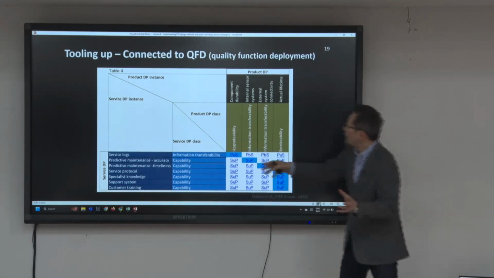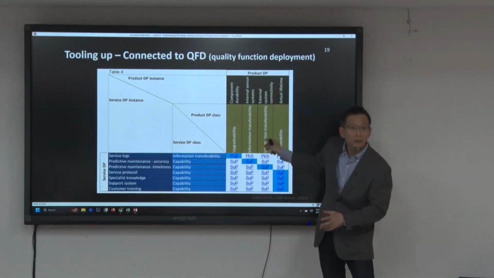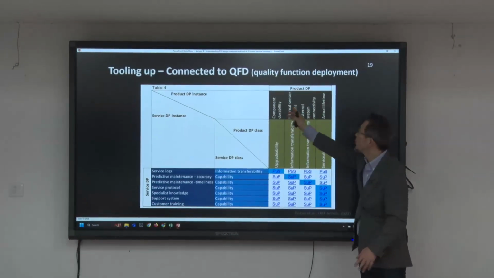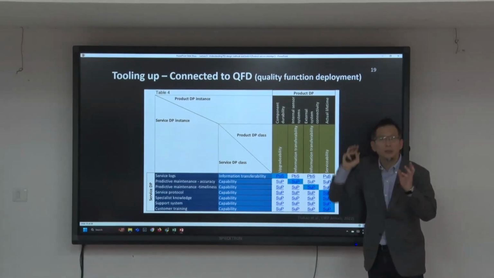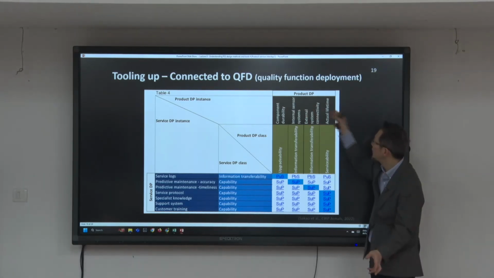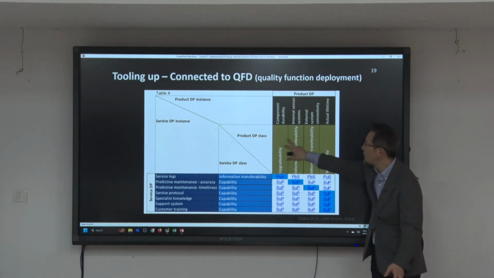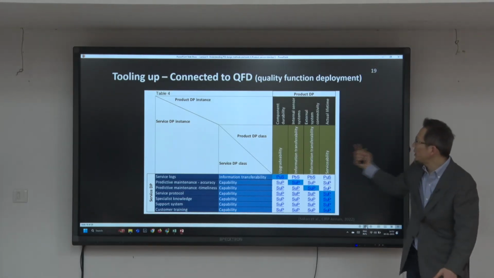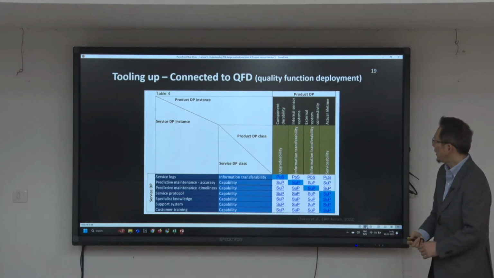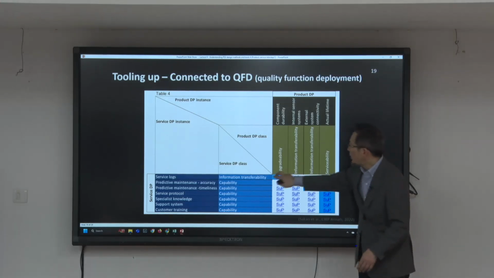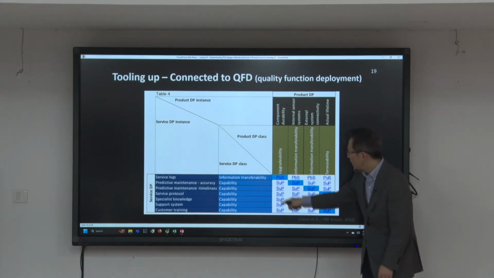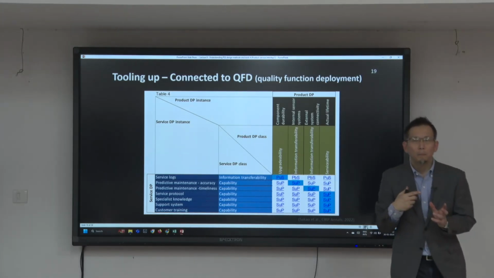The same task applies to the product. You describe the product design parameter instances, the specific concrete design parameters of the product in your PSS, and then choose the design parameter class, one of the alternatives that you see from the Excel file. Once you have chosen the service design parameter class and product design parameter class, then the possible